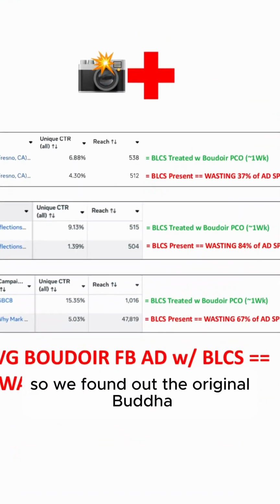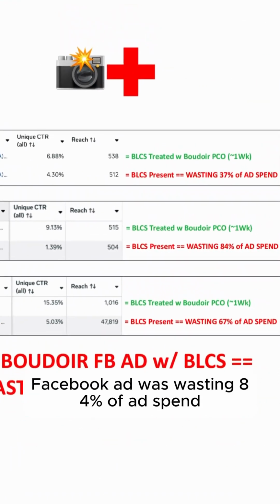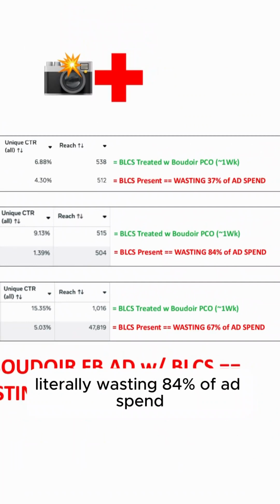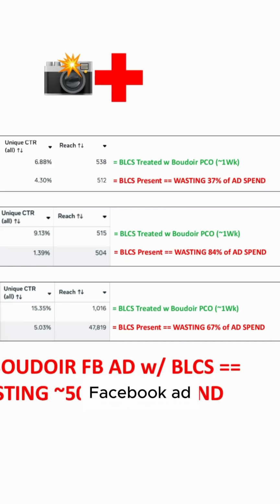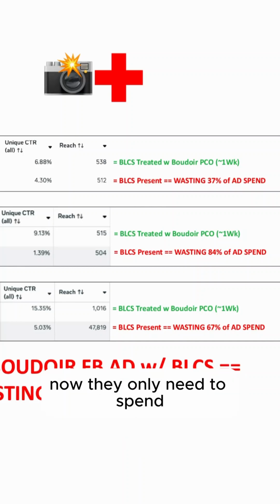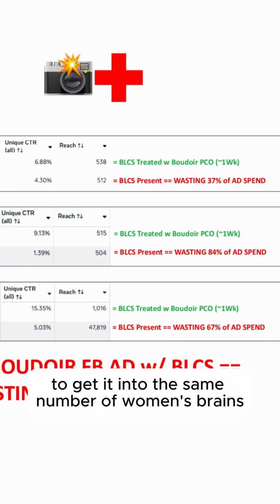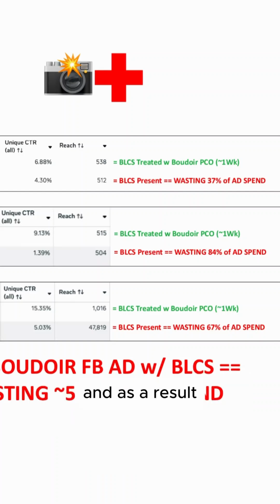So we found that the original Boudoir Facebook ad was wasting 84% of ad spend, literally wasting 84% of ad spend. So they're spending 10 grand a month on the original Boudoir Facebook ad. Now they only need to spend 1.6 grand a month on the Boudoir Pico treated ad to get it into the same number of women's brains. And as a result,